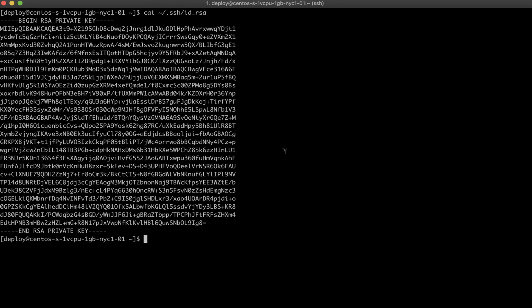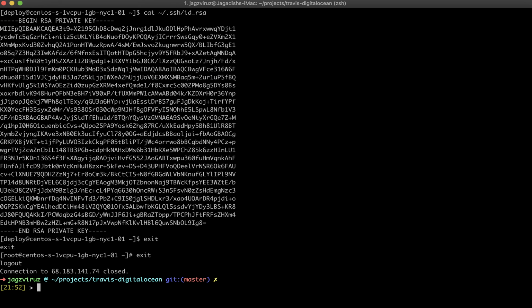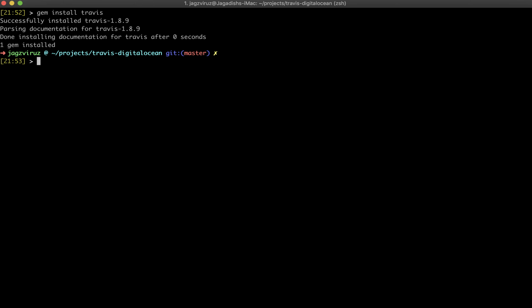Okay, one other dependency that we need right now is to have the Travis CLI installed on your machine. For that, it's a Ruby program, or a Ruby gem as such, so you can install it with gem install travis. My Travis account is already set up with GitHub, so I sign in with my GitHub account, so I can just go ahead and say travis login,